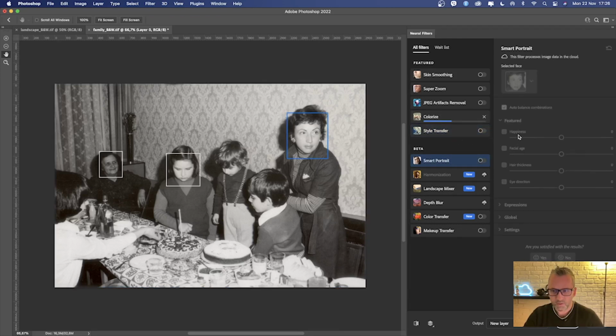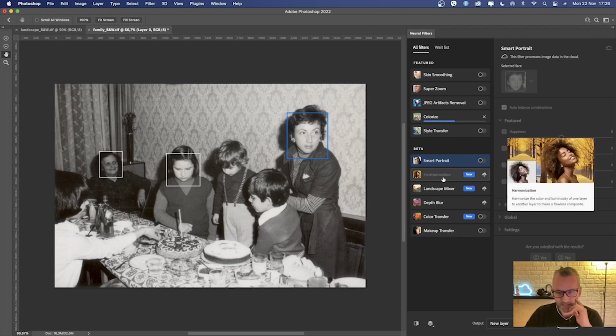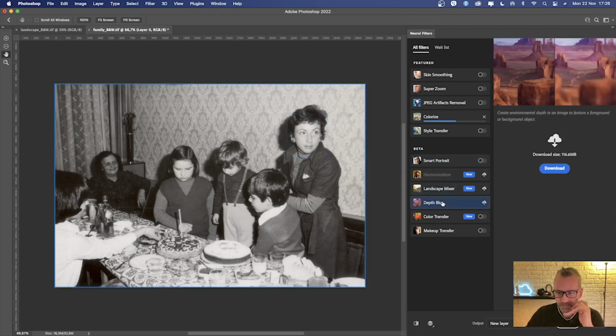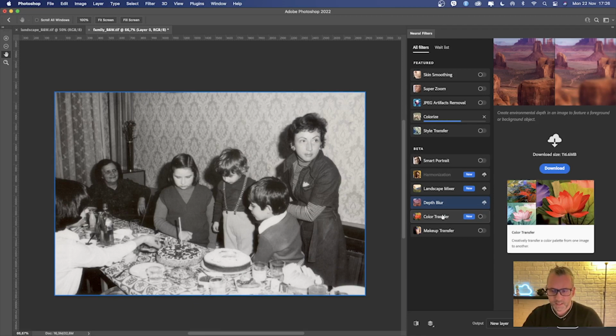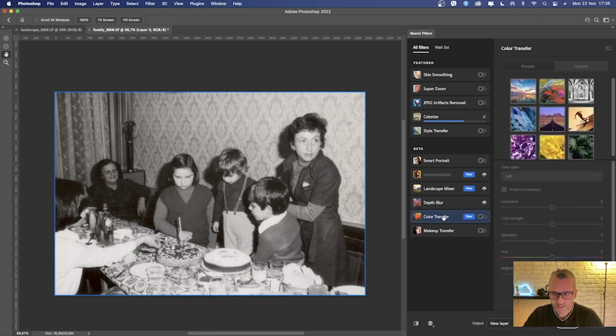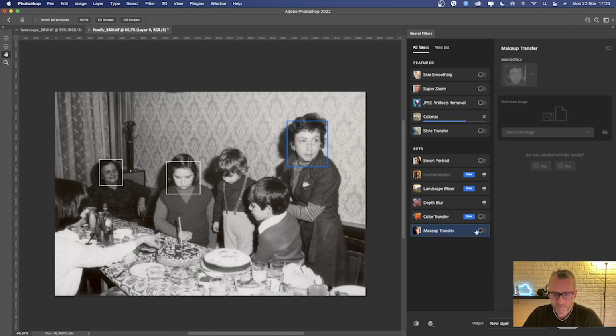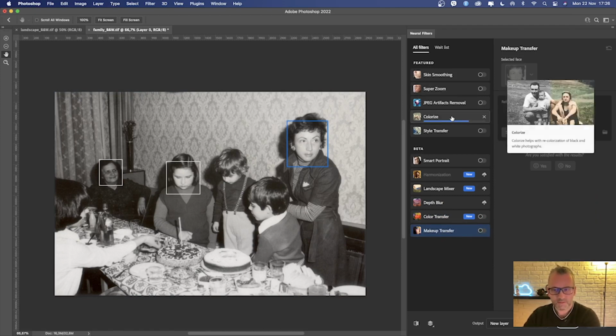You can also choose smart portrait, harmonization, landscape mixer, depth blur. This is something very interesting which I'm going to cover in some of the next tutorials I'm planning to do. Color transfer or makeup transfer. At the moment, let's see what the Colorize filter can do with my photo.